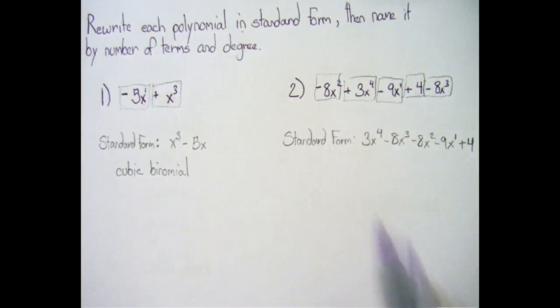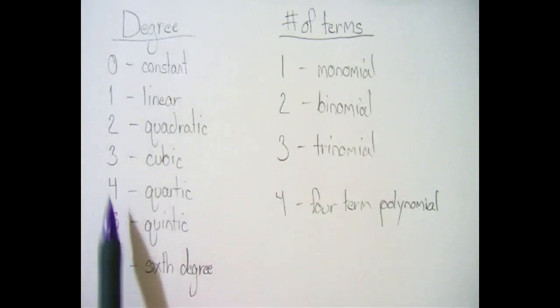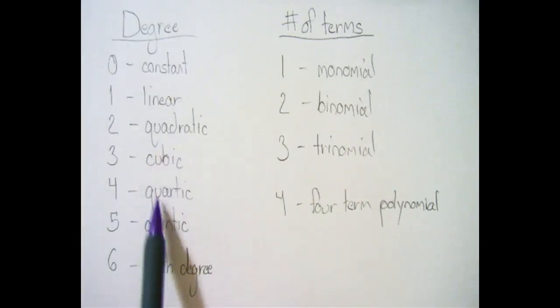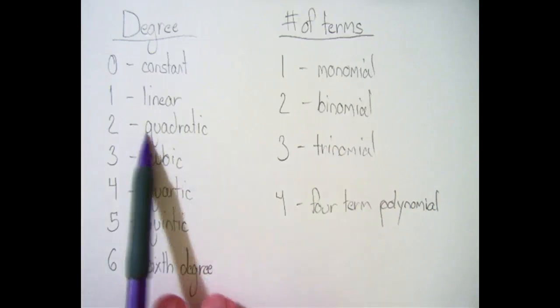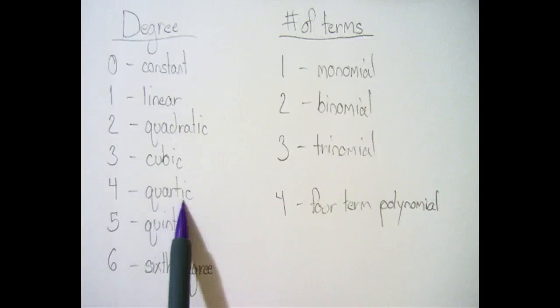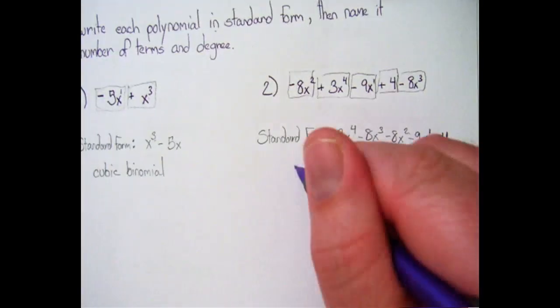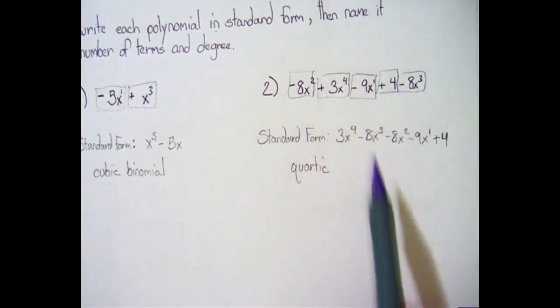Now we need to name it by degree. This is a 4th degree polynomial. So the name for that, we would call this a quartic function. Be sure not to get quartic and quadratic confused. A lot of people see quadratic and see that quad and think 4. But a 4th degree is called a quartic. So this would be a quartic, and then we need to count the number of terms, how many things that